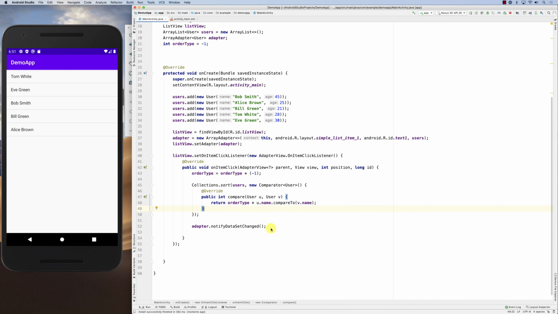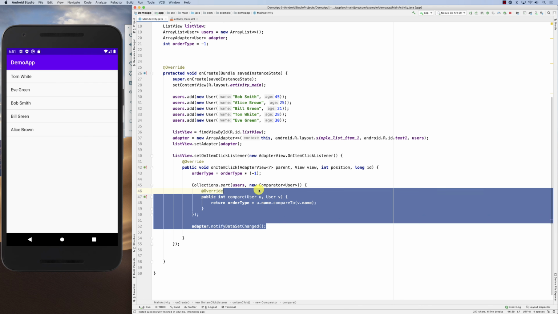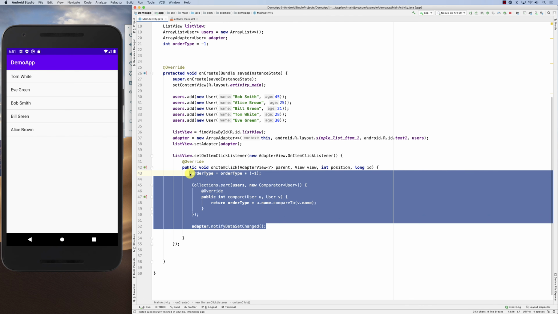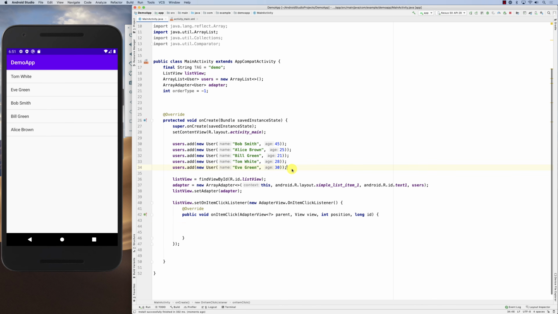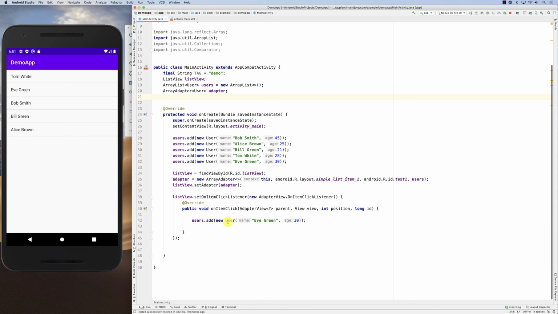So then I have demoed how you could order, how you could add, how you could remove. I could also add. So basically, let's say every time you do this, I would like to add. Here it is. So I could add another user, for example. So I'm adding a simple user, just Eve Green. It's going to keep on adding Eve Greens. So when you run it,